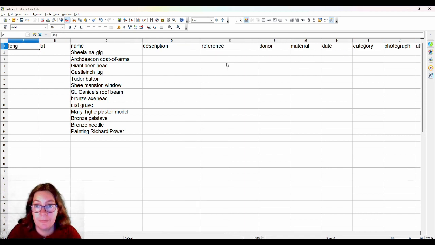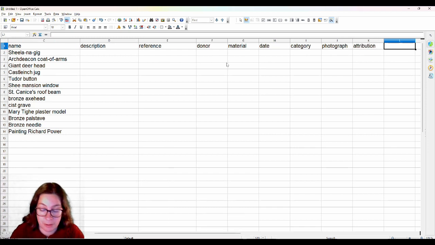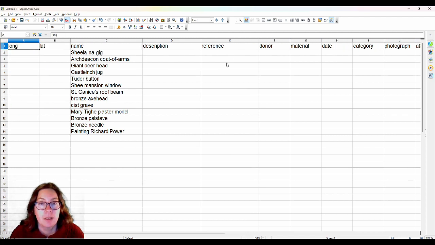So these are the columns that you need on your spreadsheet, and you don't have to have all of them. That depends entirely on what you want from your map, what you want displayed. Literature is something I forgot, literature. And before we go any further, we're going to save this, and it's very important to not save it as